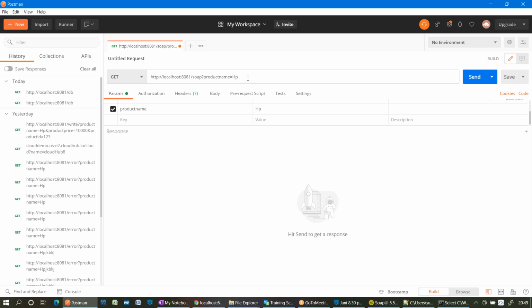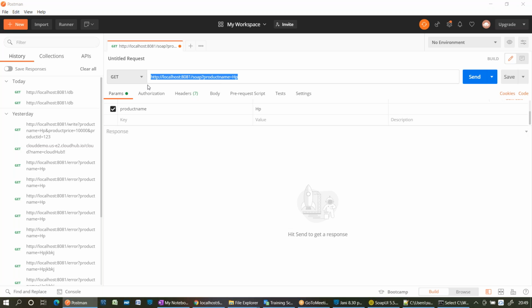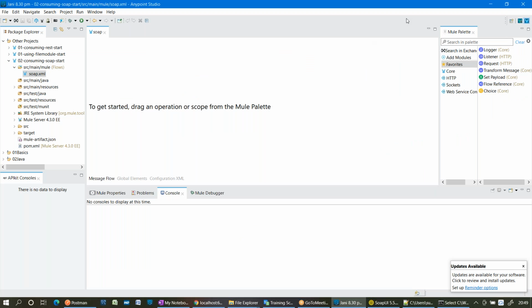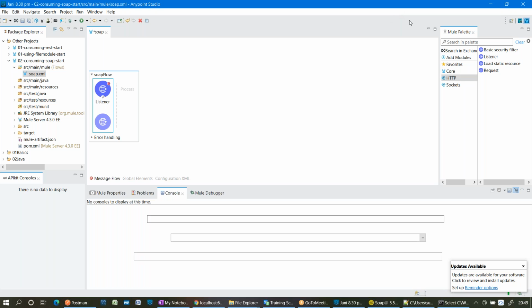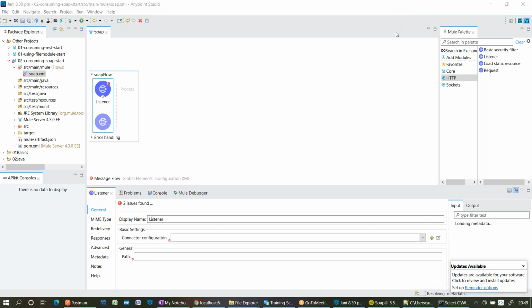So he is passing some query parameter with a key product name and value is HP. Now, in order to listen to this HTTP request, what is the first component I need to configure? HTTP listener, right?